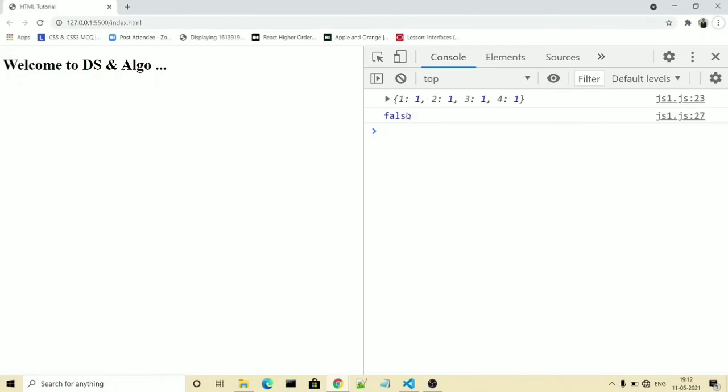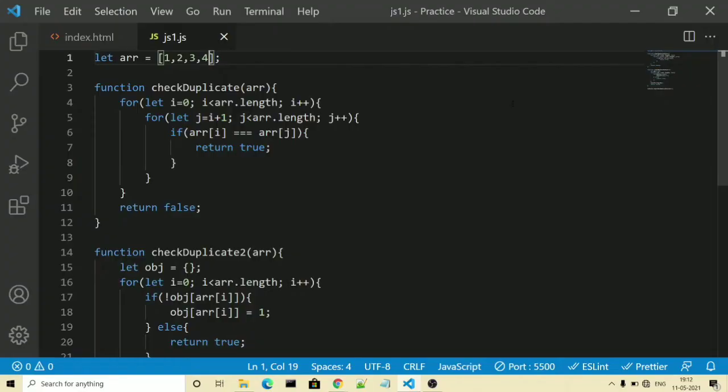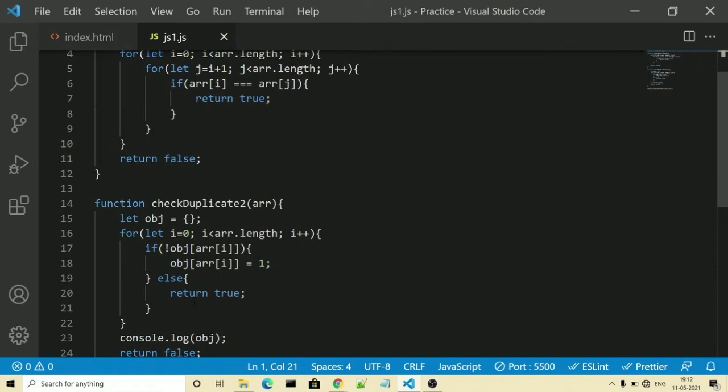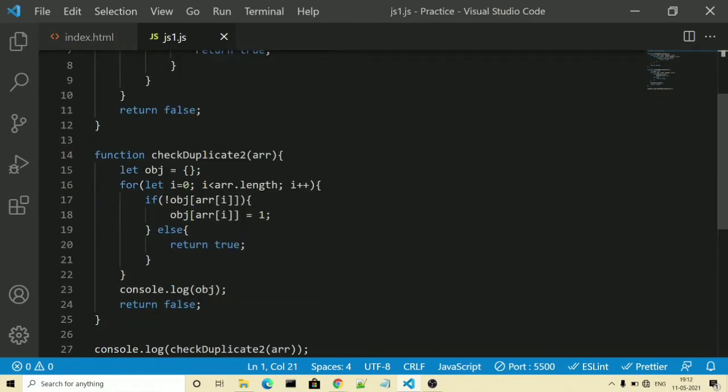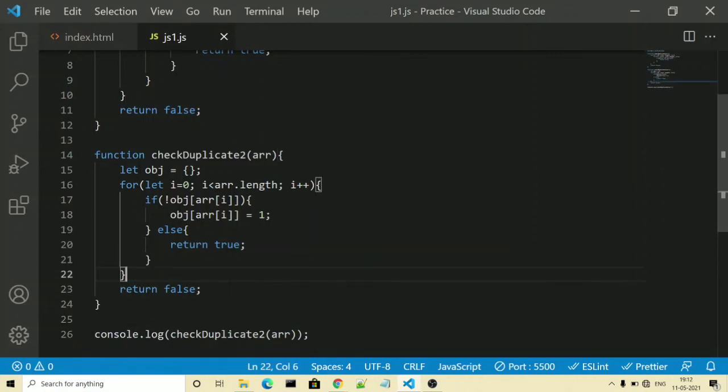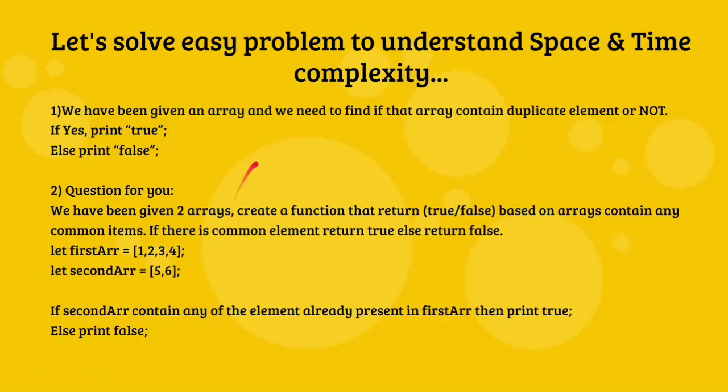But if there is no duplicate, we see 1:1, 2:1, 3:1, 4:1, and if it is duplicating, then it returns true right there and it is not able to reach up to this point. So in this way, the object concept works. Using obj of arr of i, we are actually using the key and assigning a value 1 to it. And after that, we are able to achieve our first question.